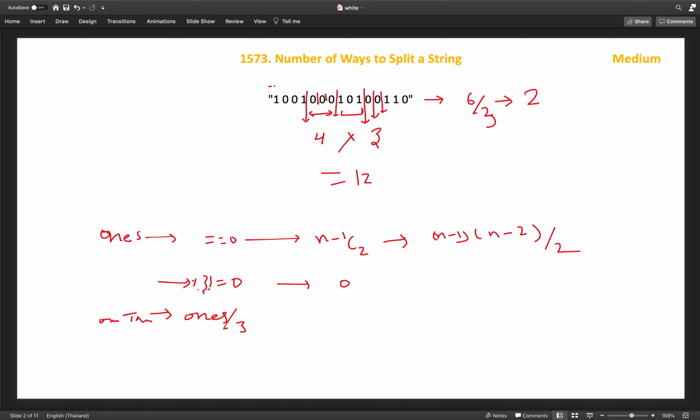So, we will start from here again and count the number of ones. Whenever the number of ones equals one-third, we will count how many ways we are getting. We will call that base 1, and similarly for two-thirds, the second string we will call base 2. So for base 2 we will take 2 into one-third, and when the number of ones equals 2 into one-third, we will increment the count of base 2. Once we get base 1 and base 2, we will simply multiply base 1 and base 2.